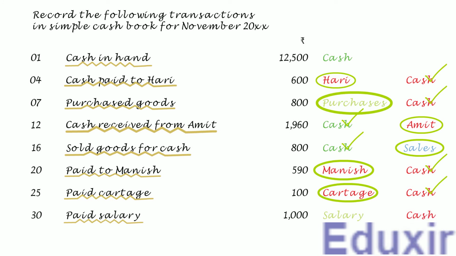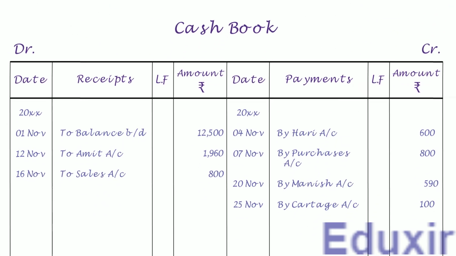In this transaction, as you can see, the cash is on the credit side. So it needs to be posted on the credit or payment side of the cash book. Note that the particulars that need to be posted into the payments column of the cash book is salary. With this analysis at our disposal, let us proceed with the posting of this transaction on the credit side of the cash book. Let us first record the date.